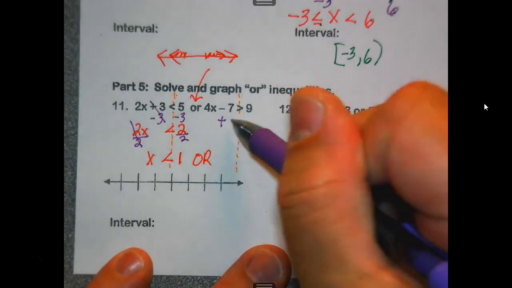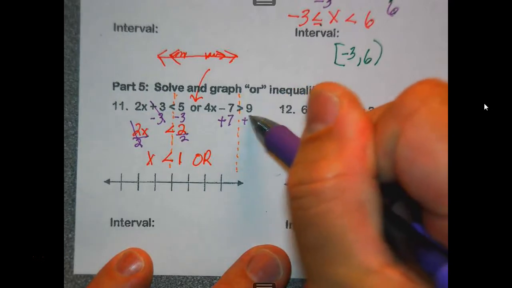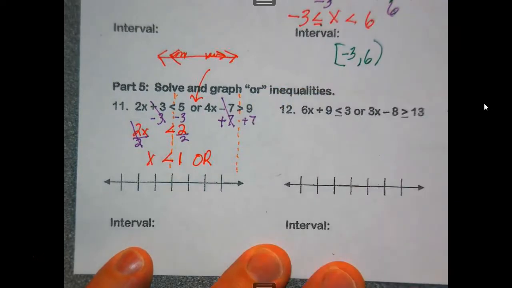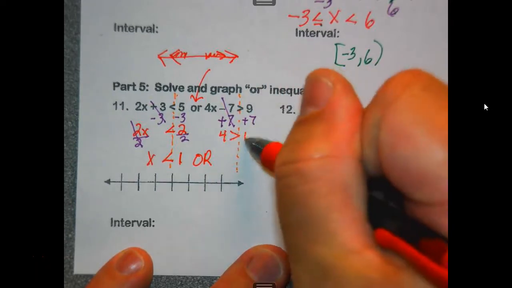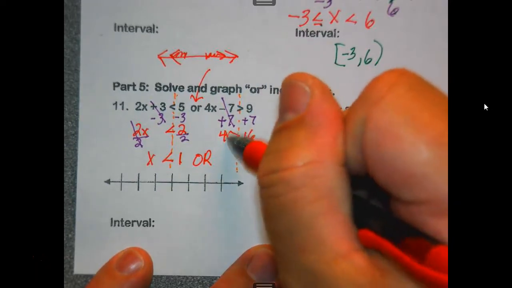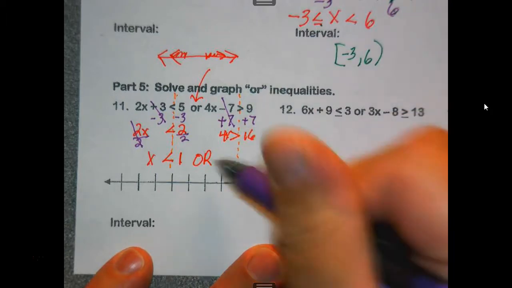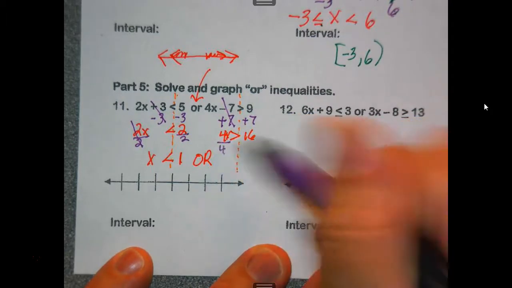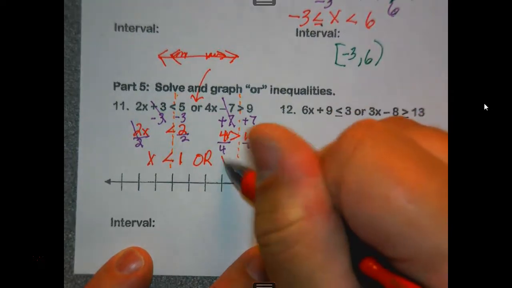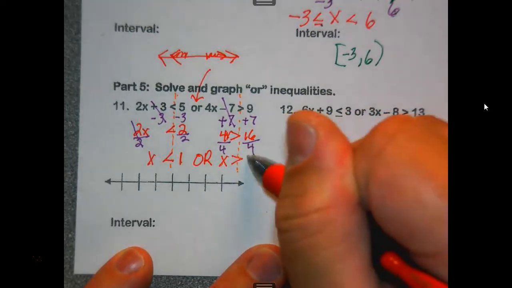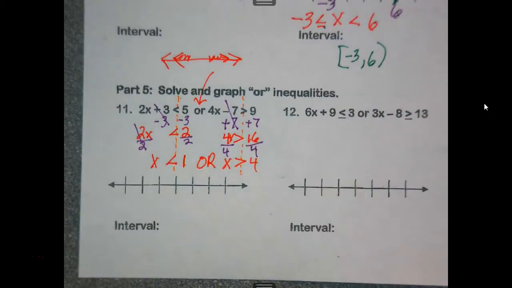I add 7 to both sides. I get 4x is greater than 16. Divide both sides by 4. And I get x greater than 4. So pretty straightforward OR